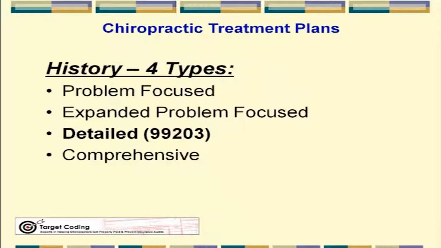Okay, so we have the history. There's 4 levels: problem-focused, expanded problem-focused, detailed, and comprehensive. 99203 is the most commonly billed new patient CPT code, so let's talk about it a little bit. 99203 requires that you write down, either in your software, you generate it out of your documentation software, or if you're using forms and you're filling out forms, it has to contain at least 1 chief complaint, 4 HPIs,